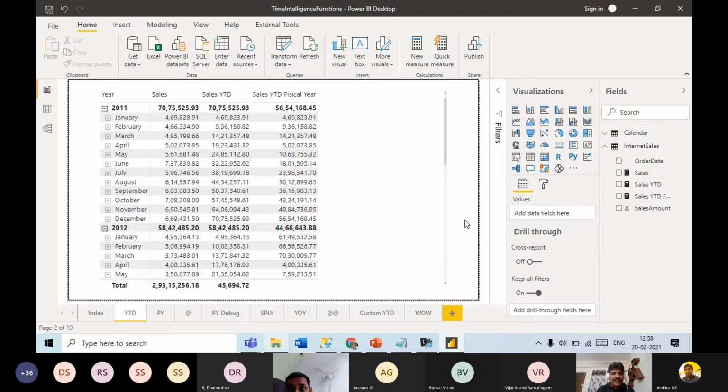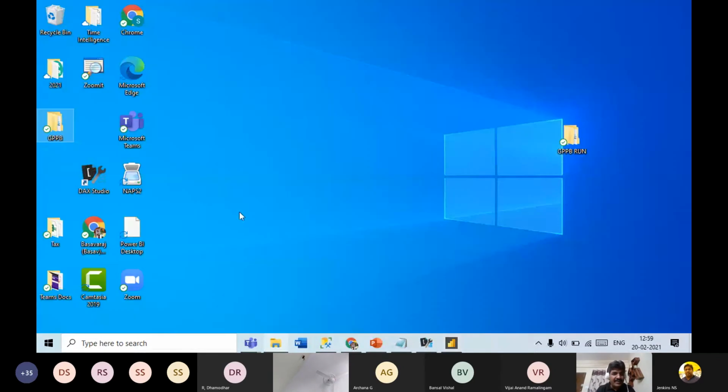Okay. Now you can see here. So the aggregation happened till March, but it started freshly from April 1st, and it has gone till March 2012. And again, the aggregation started from here. Clear? So we can build our own sales year-to-date fiscal year function also. Just like you have to give that parameter value.